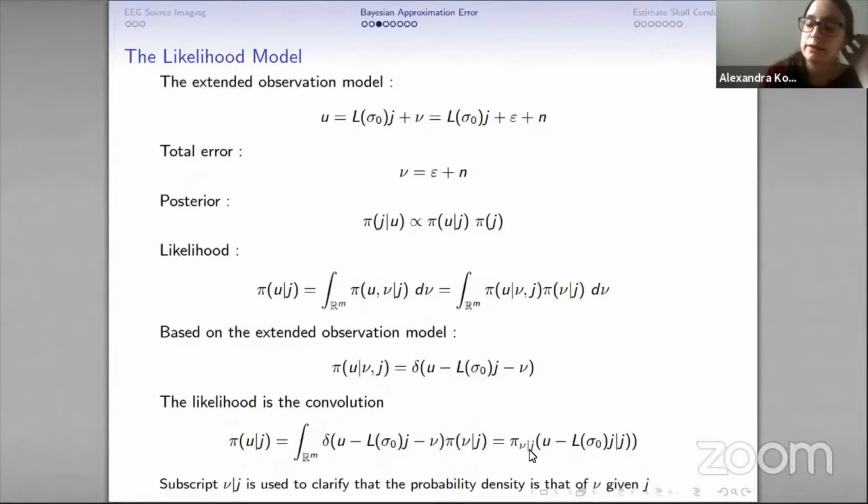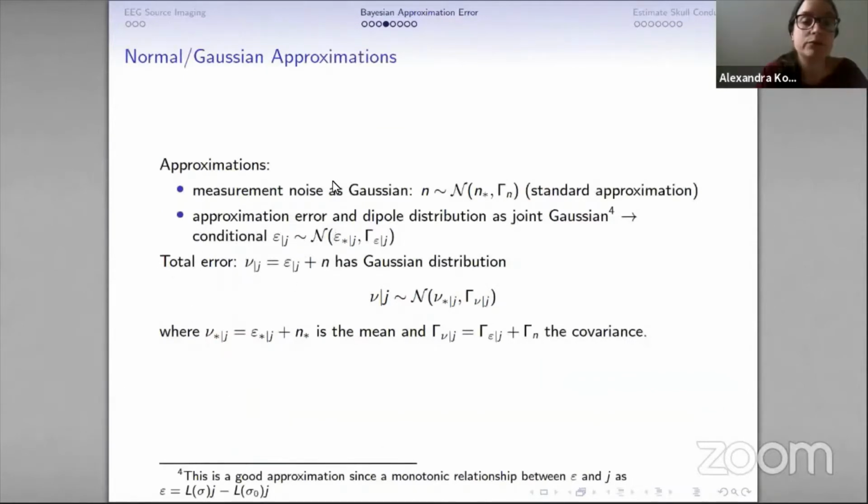And up to this point, there is no approximation or assumption related to how this probability should look. But in the next step, we need to have an explicit form, so we need to take into account some approximations. The obvious one is for the measurement noise, where we can have Gaussian noise. This is pretty standard. And for the approximation errors and the dipole distribution, so for epsilon and J, we consider a joint Gaussian, which